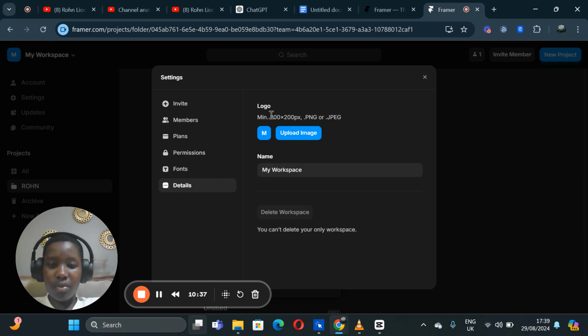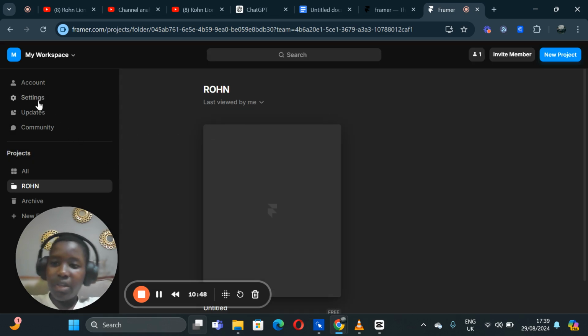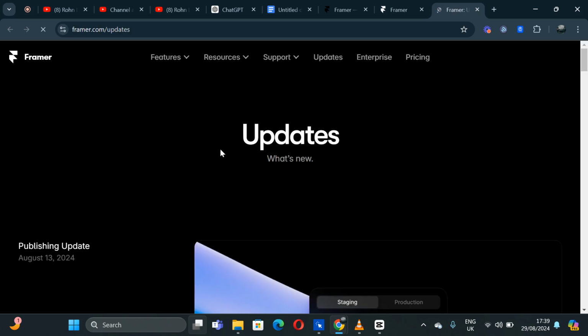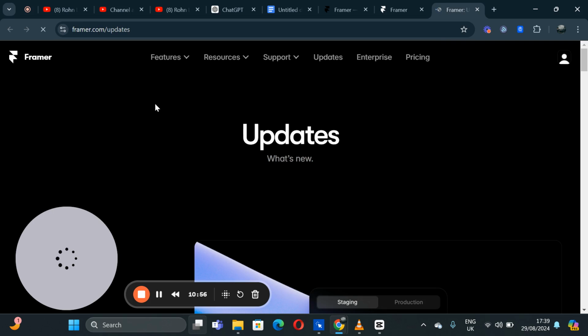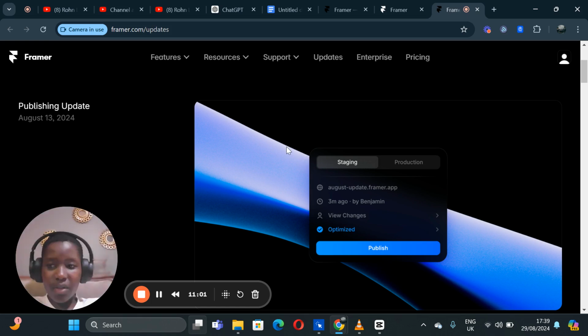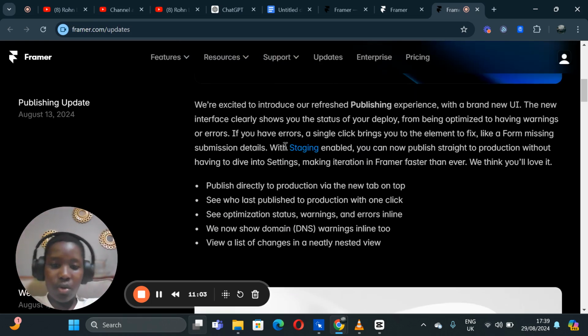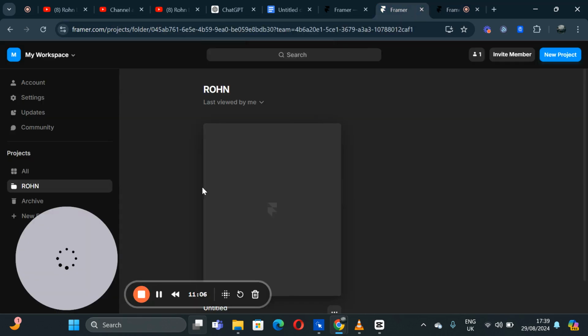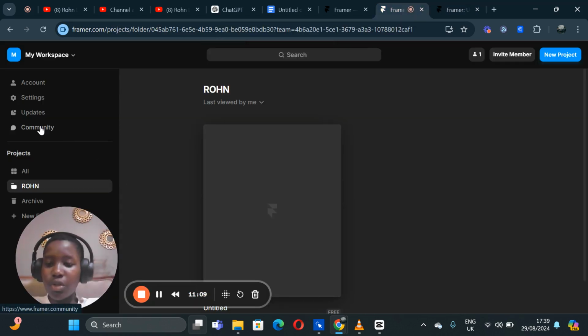And there's details, different type of details of your Farm AI or your company and logo that you put in it. The next one is updates, where it will take you to another section, and it will show you different type of updates that you need to know about Farm AI. Now let's go back. The next one is community, where you can see different type of fellow editors that